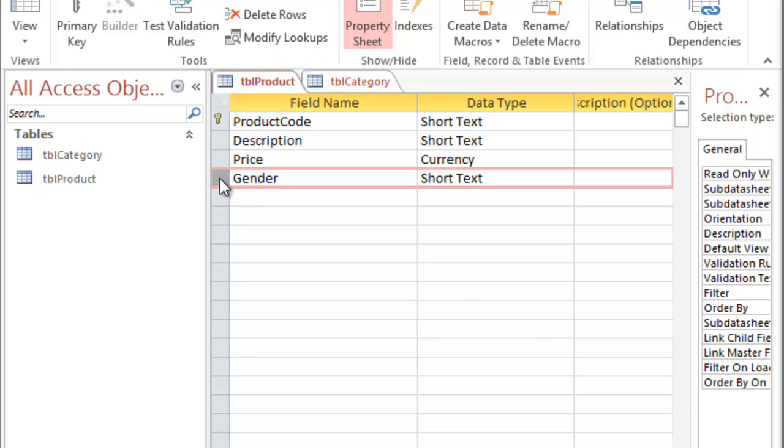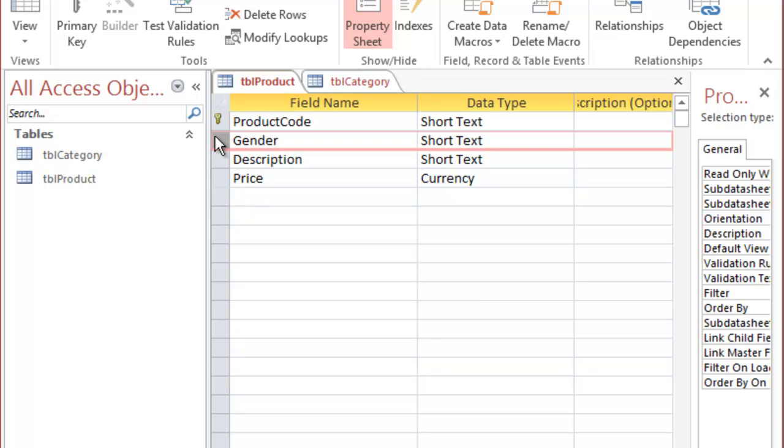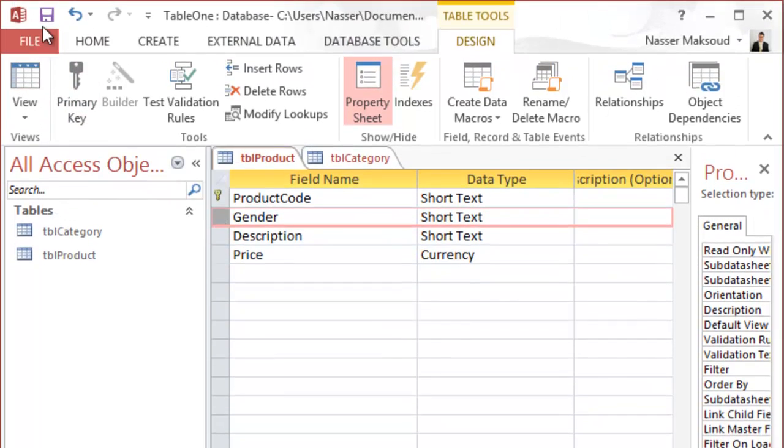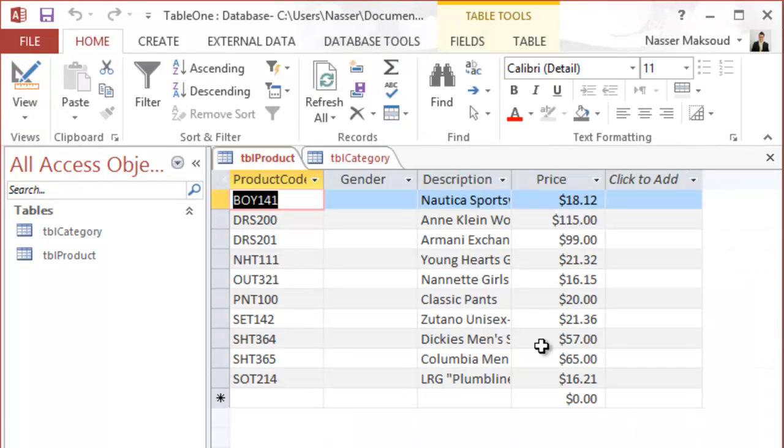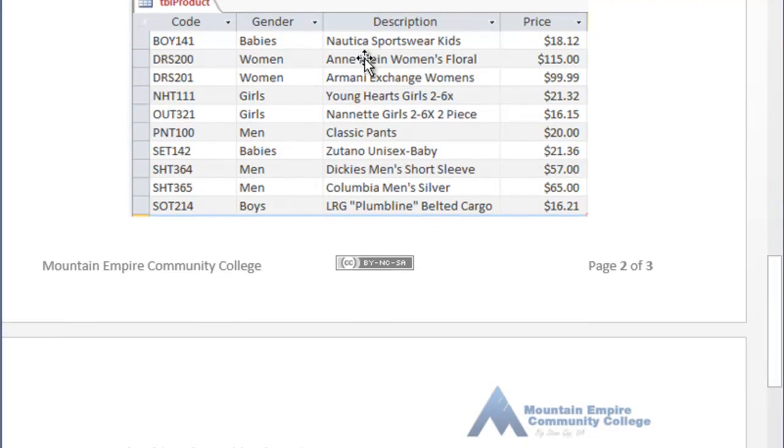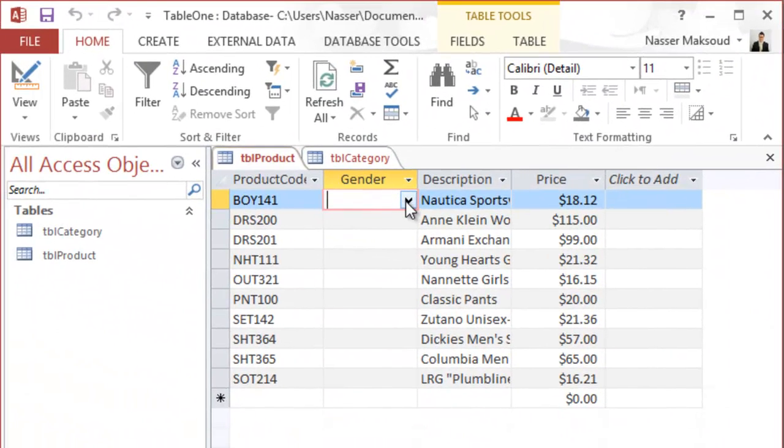Now it says here in the instructions, insert the gender field below product code field. So you need to click on gender, drag it to put it below product code, and then save, go to datasheet view, and then make sure that you update your table to match the values that you see in the second image here. When you click on this table, remember you will see a drop down list here that you can choose. Why? Because you have a link between this table and the